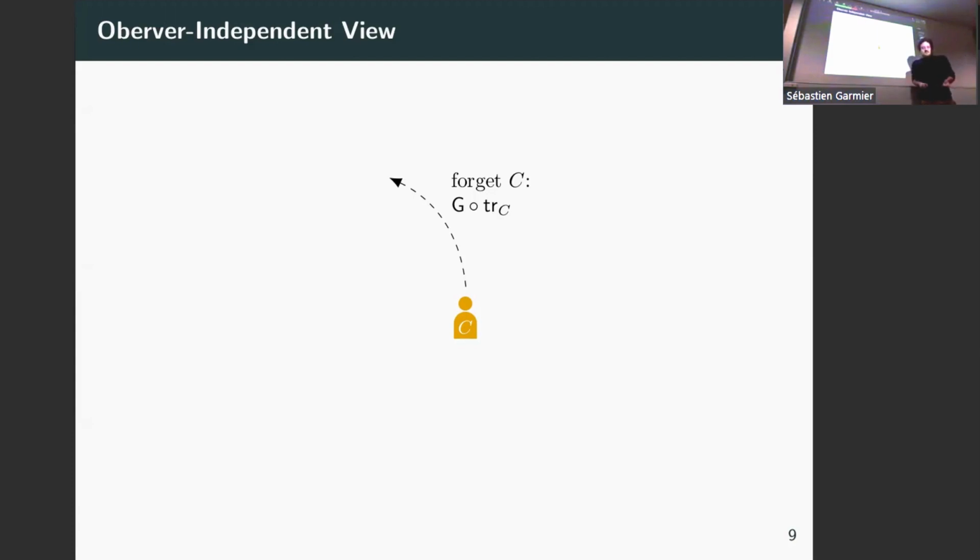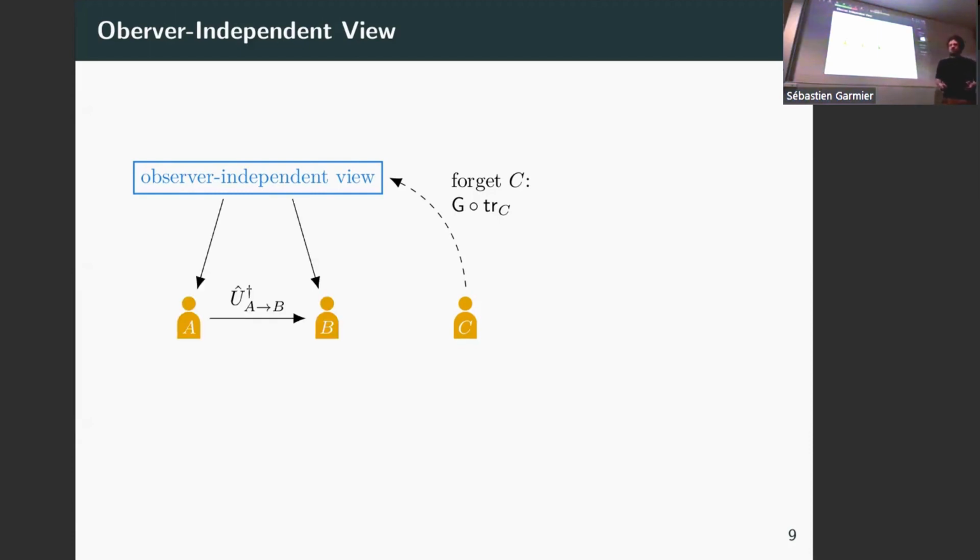Well, the state we now get is, intuitively speaking, a state that still contains information about A, B, and S, because we have not killed anything like that, right? But it's not a state understood relative to any observer. So we call this an observer-independent state, and this is where the observer-independent view comes from. Because A, B, and S are still in there, and all the relative degrees of freedom between them are still in there, there should be a way of getting back to Alice and Bob's view. So we assume that this is the case.